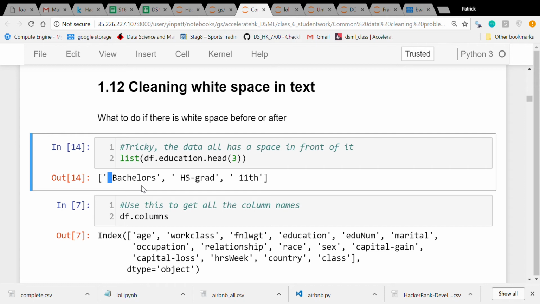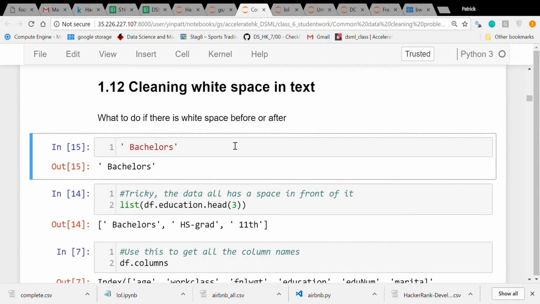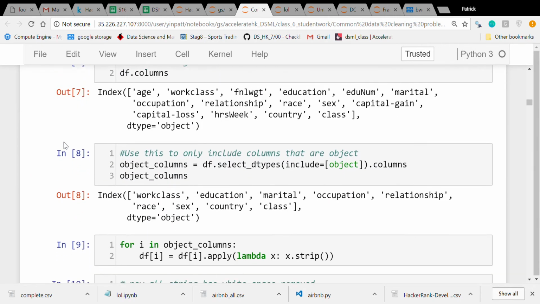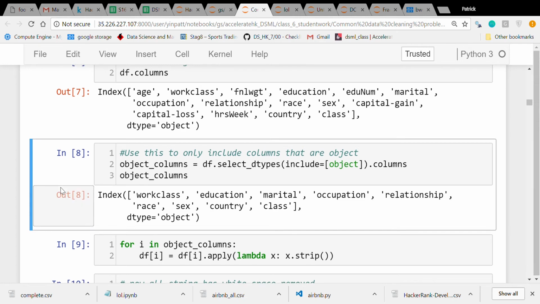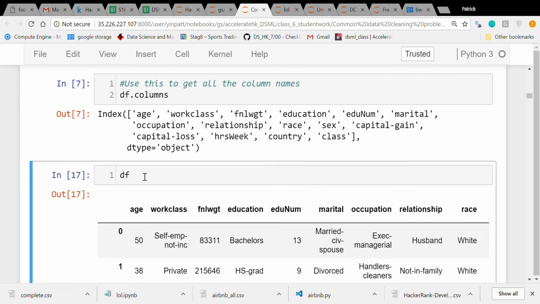Yeah, you can do strip. In Python, when you deal with a lot of text, that's the string, and you can do dot strip. Okay, and that removes the white space. And then if you go to this data frame,